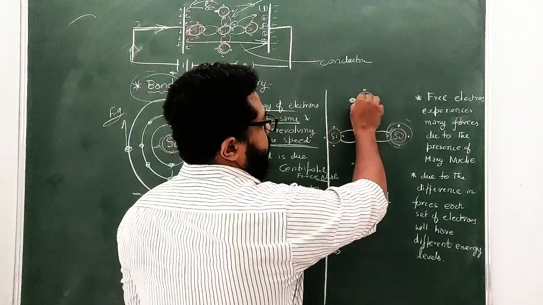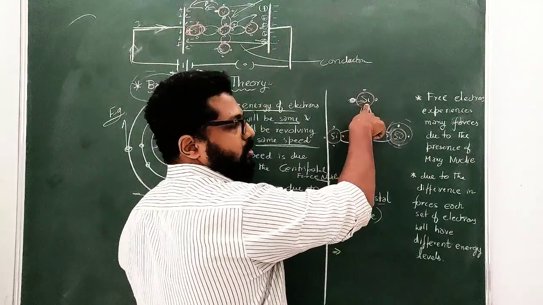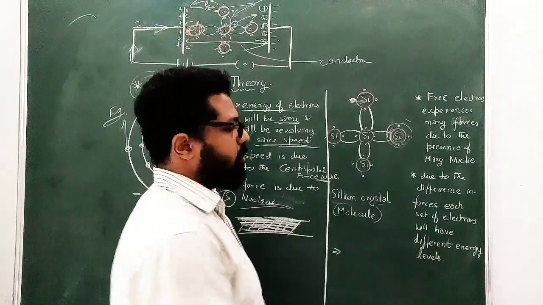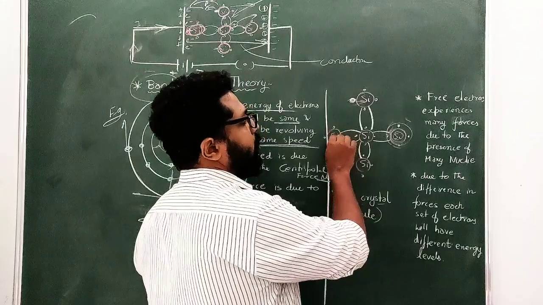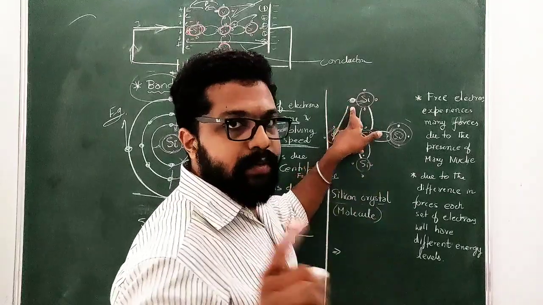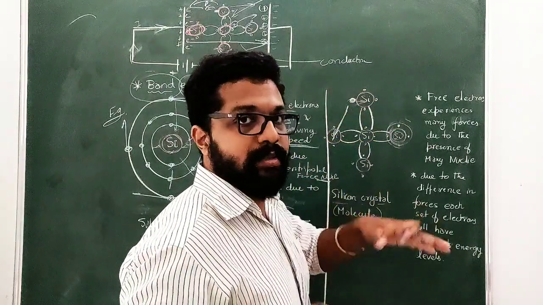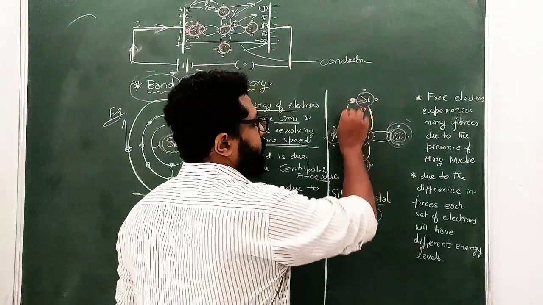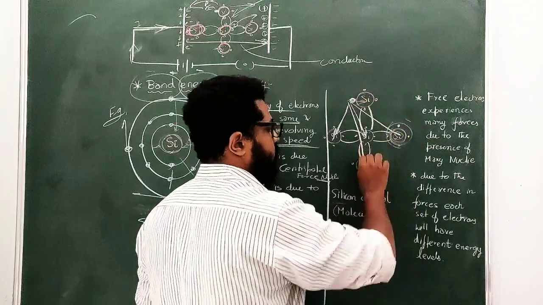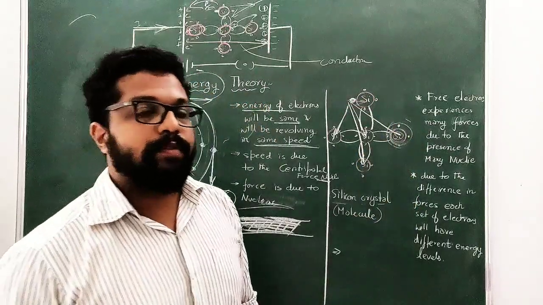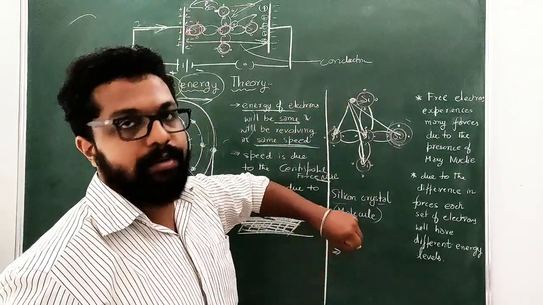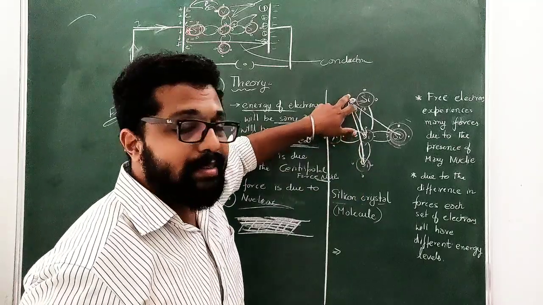This one electron is experiencing a force due to this nucleus. But nuclear forces are a very huge thing, so obviously this nucleus will also exert a certain force on it. Yes or no? I'm just taking an example of this electron. All the other electrons are also experiencing the same kind of force here. So this electron will be experiencing a force due to this nucleus also, this nucleus also, this one also, this one. So all these nuclei will attract this electron with a centripetal force.